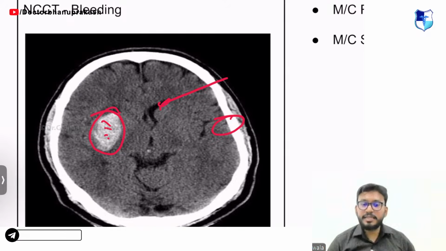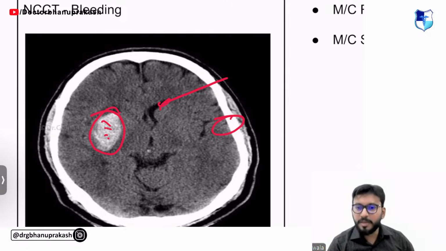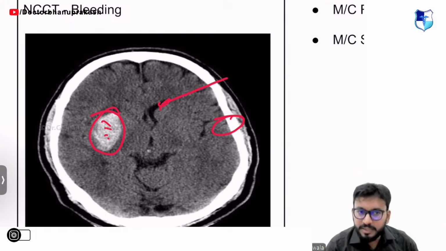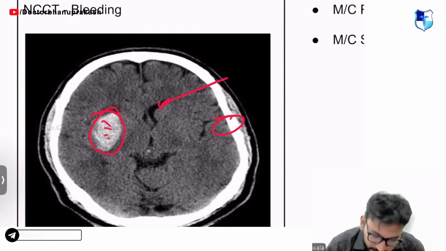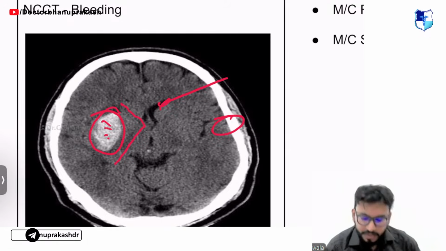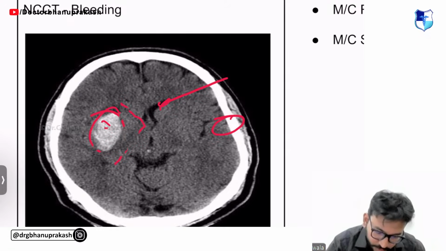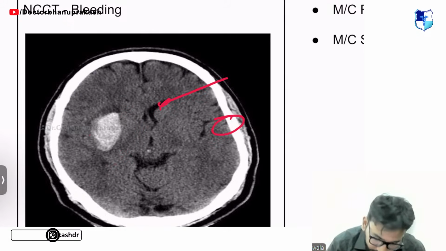Absolutely right, guys. There is something special about this hemorrhage, and it is the site of this hemorrhage. Do you know what passes here? This is the internal capsule. This is normally the site of the internal capsule. I'll remove all the other markings so that you can see it clearly, guys. Normally what we have here is the internal capsule.